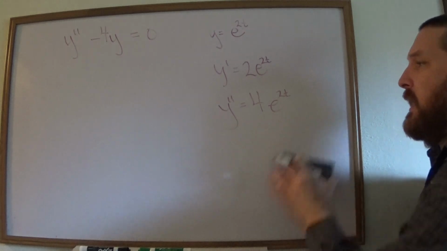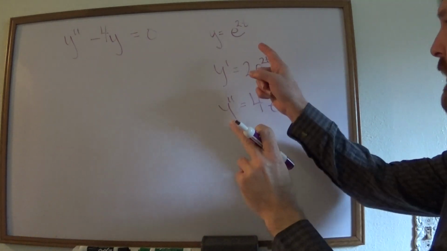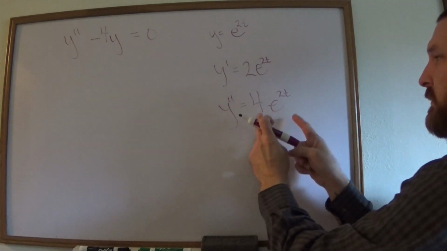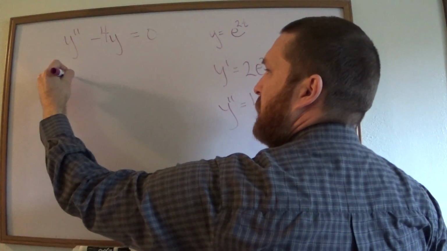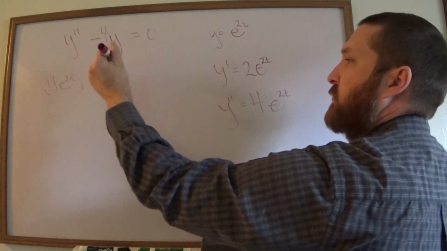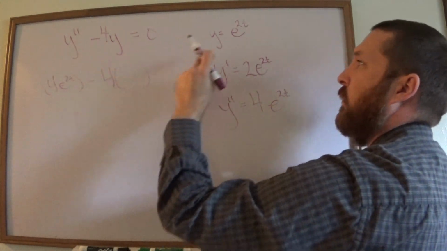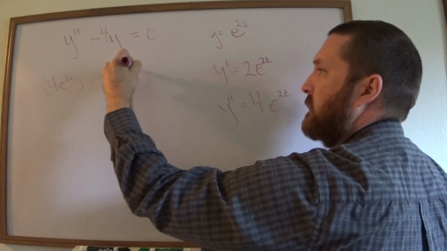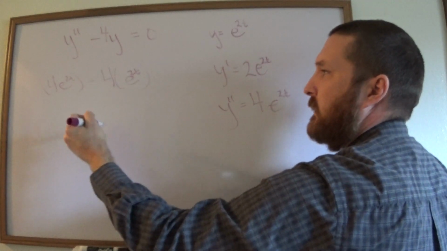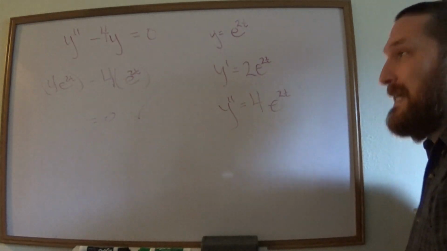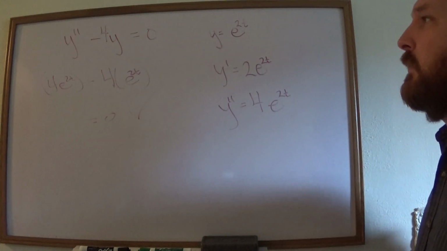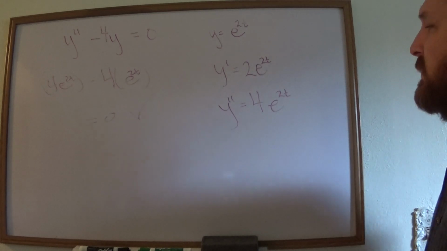And now I plug it in, right? I say, okay, let's check that this solves it. This goes here, so 4e to the 2t minus 4 times y, which is e to the 2t, and I get 0. And so, okay, good. It is a solution to the differential equation. But suppose